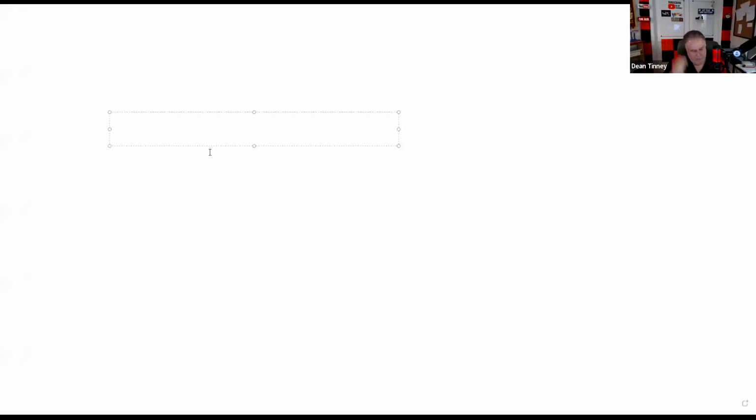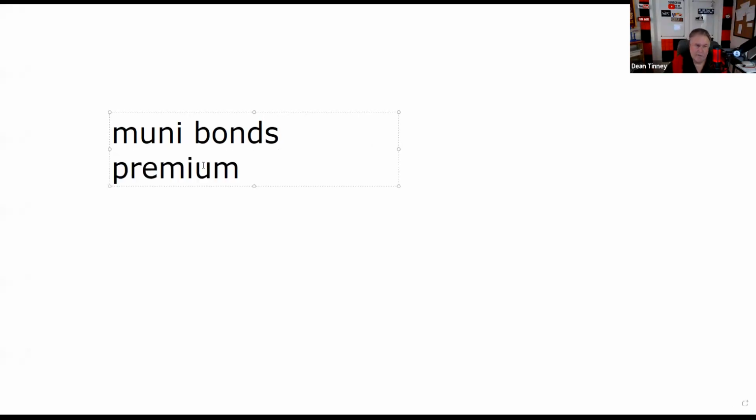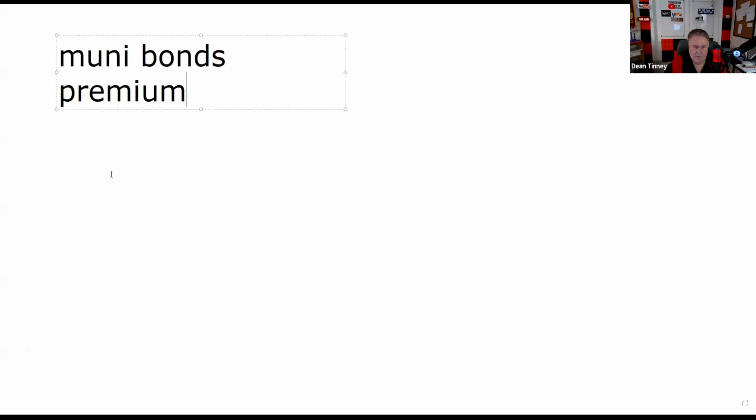Boom. So the one that's testable, it's about 50% probability, is muni bonds purchased at a premium. When you buy a muni bond at a premium, you have to adjust your cost base. You have to do straight line amortization downward. And so if I buy a muni bond, for example, for $1,200, I'm just making that up, and it has 10 years to maturity,